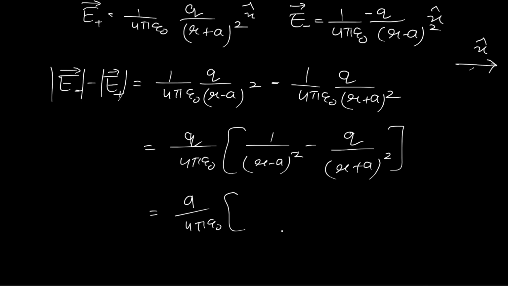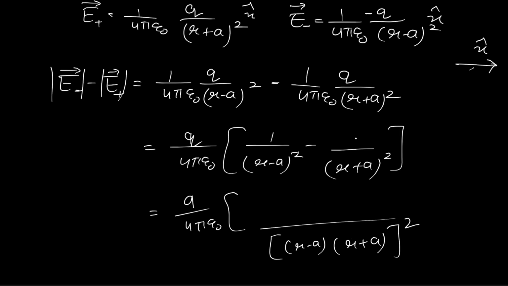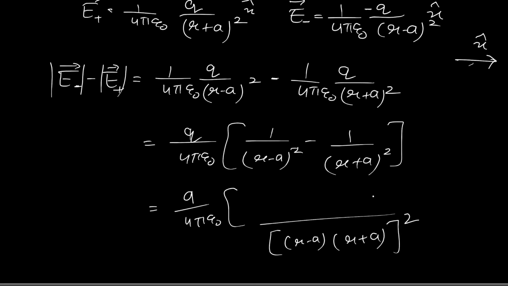Let's take the whole r minus a. Can I write it in this way, the whole power square, because the power can be divided, and then I have taken the common factor here. Taking out the LCM, here (r plus a) the whole square minus (r minus a) the whole square comes out to be, if you take the LCM,